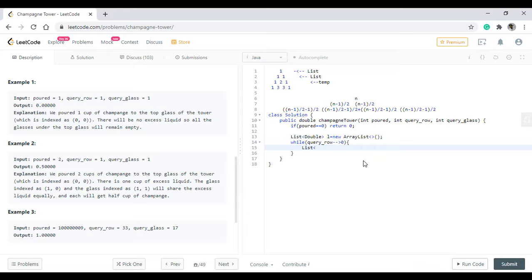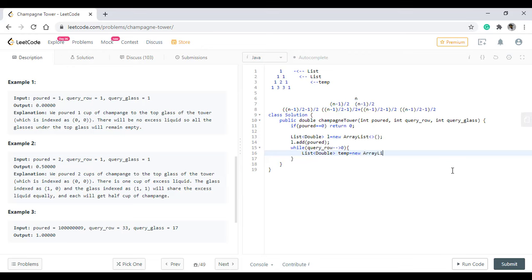In this we'll create a new list which will hold our value. Now initially our L list will contain our first row value which we saw over here, and then we have a temp value.